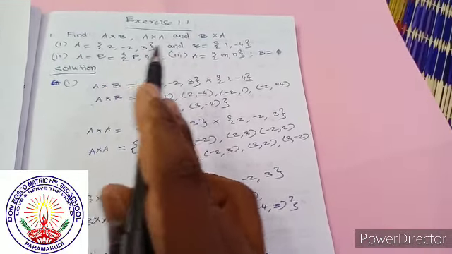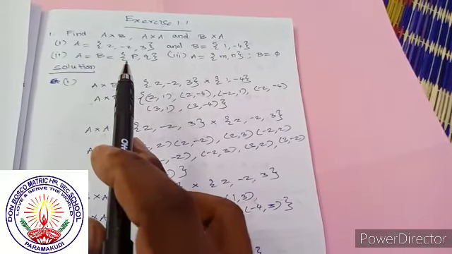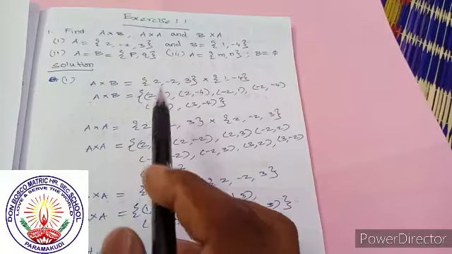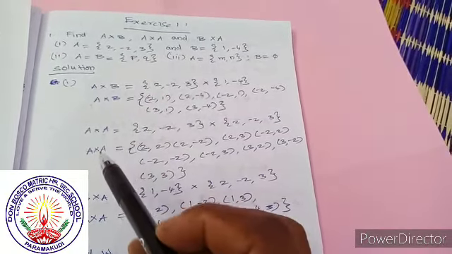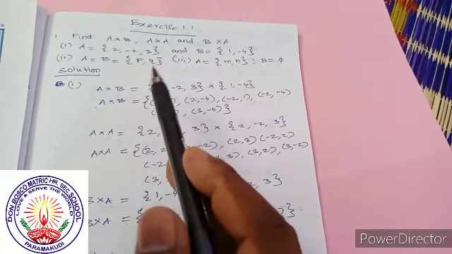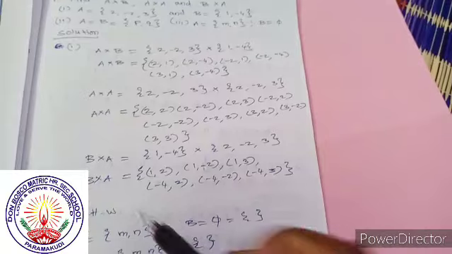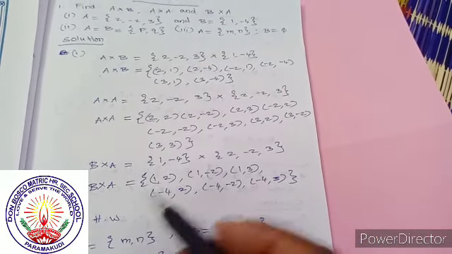Question number 1, A and B. Question number 2, A and B both are equal to the set {P, Q}. So like that we have to write only P, Q instead of everything. So A cross B, A cross A, B cross A, everything will be the same. So let us try this second question as your homework. If you have any doubt, you can ask me in the WhatsApp group.